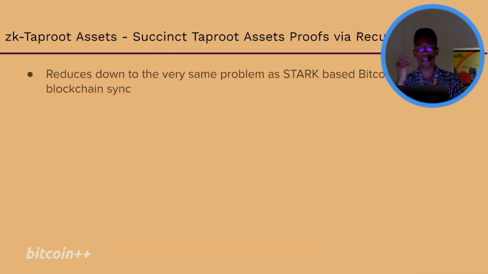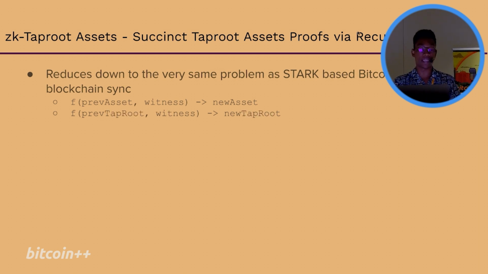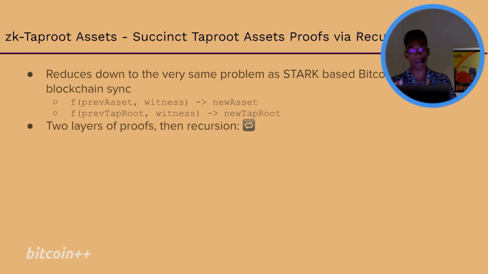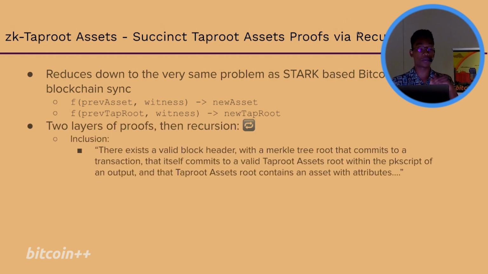And here's a sketch of how something like this would work within Taproot Assets itself, right? So you have the state transition function I mentioned before: previous asset, new asset, witness. And then you have another thing that takes the previous Taproot and witness data, and then gives you a new Taproot itself, right? And there are two layers, right? First, you're going to prove inclusion. You say, okay, there's a valid block header in this chain that has valid PoW and follows all the rules, difficulty estimate, whatever else, within that context. Then it also says that it commits to a transaction that has a valid Taproot output with a tapscript root that has a leaf which has these attributes with such and such properties, right?